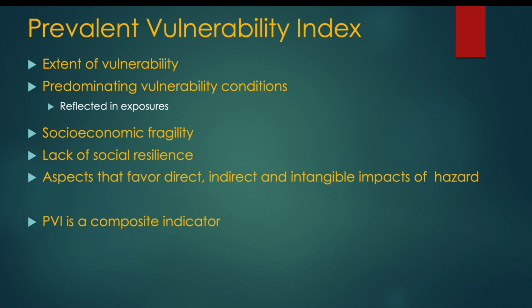PVI characterizes the predominating vulnerability conditions reflected in exposure in prone areas, that is disaster prone areas, socioeconomic fragility and lack of social resilience, aspects that favor the direct impact and the indirect and intangible impact in case of occurrence